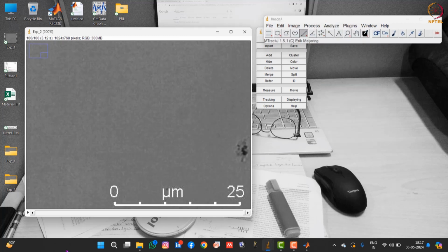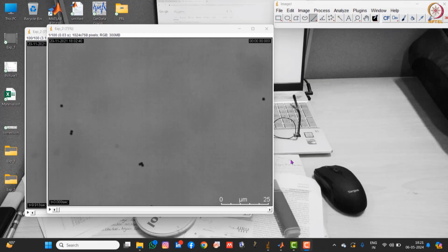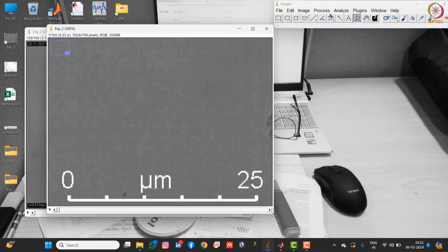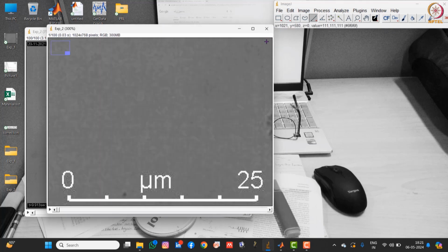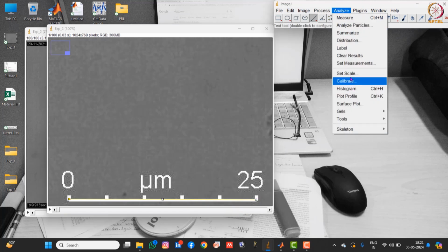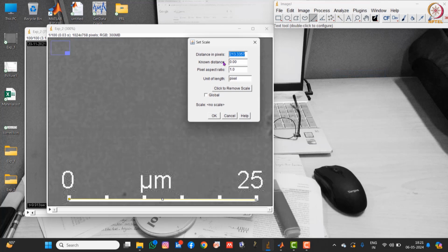Let me show you another thing, using which you can give the values, your distance or the pixel values, to the system. I'm just going to draw one line from here to here, whatever the scale we are getting through the microscopic images or video, and then I'll go to Analyze and set the scale.